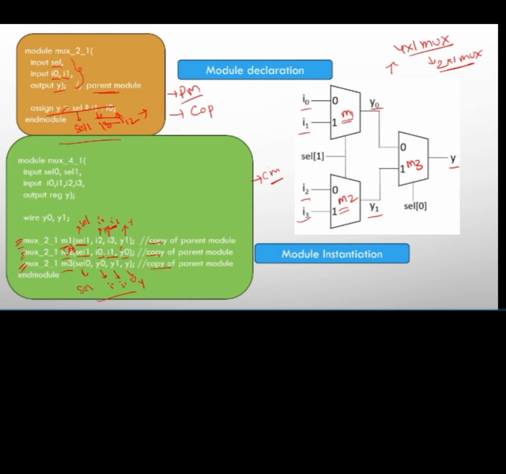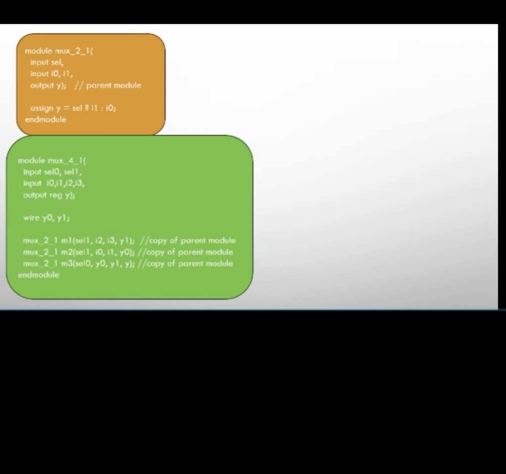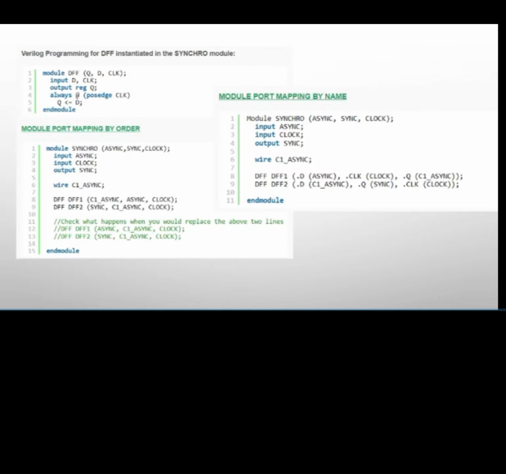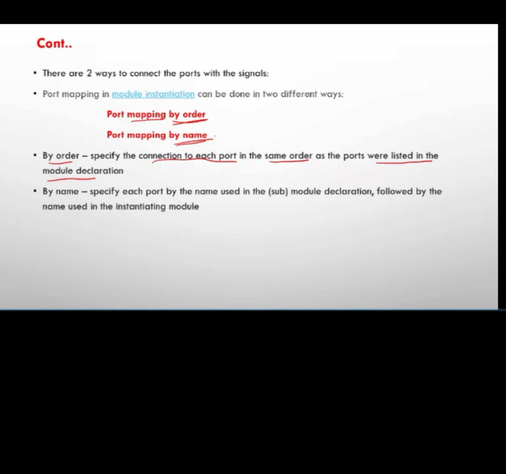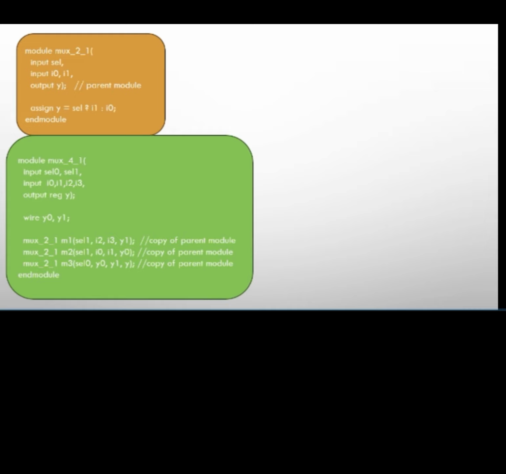For example, what if you don't connect it by order? Let us see in another example. So this is the connection by order. Now let us see the other thing, connection by name. What does this mean? When it comes to connection by name, you don't connect it like this basically. So what you'll do is mux2to1, M1, and then you will be connecting it by name. Like if you see here,